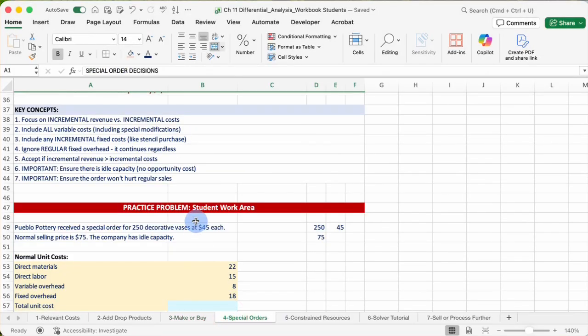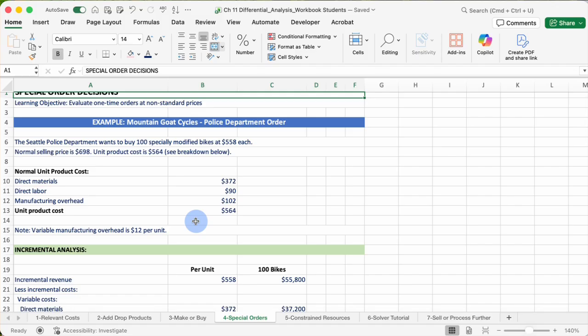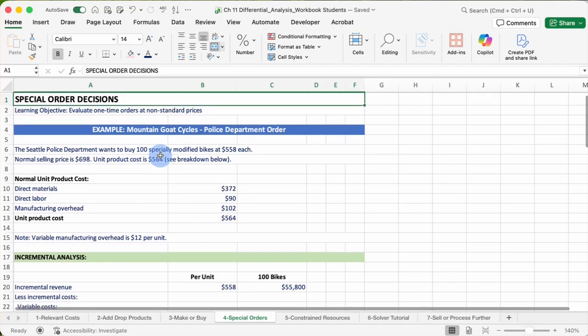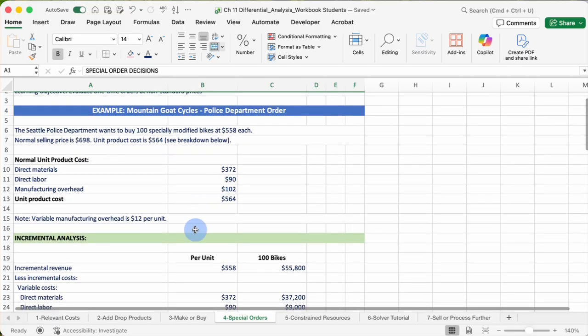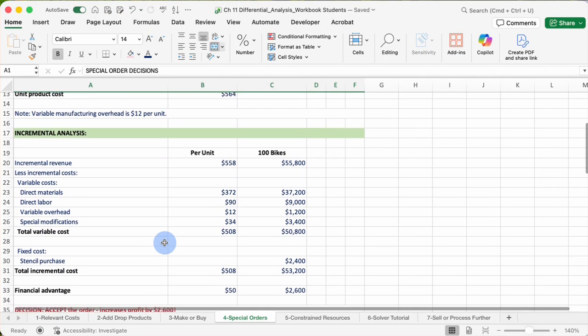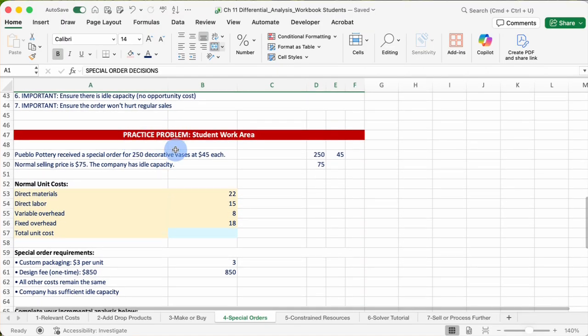We're going to look at a special order decision. And so up above, go ahead and look at this example so that you can see the formulas and the math that's happening. But what we're going to focus on in this video is actually making the decision ourselves on this